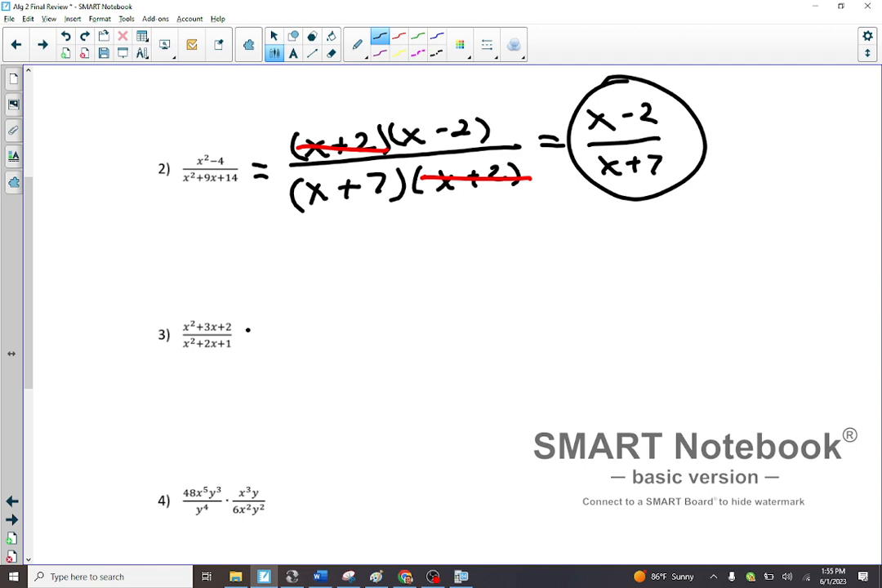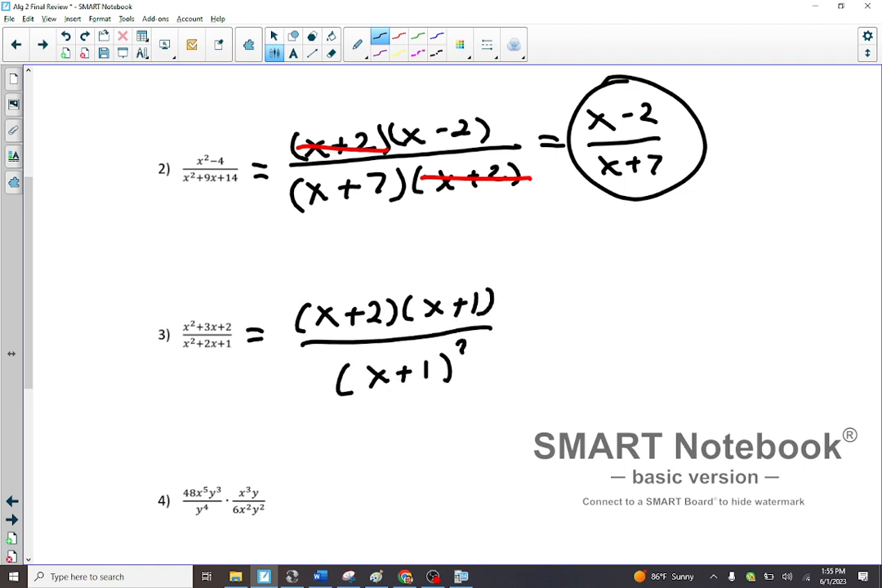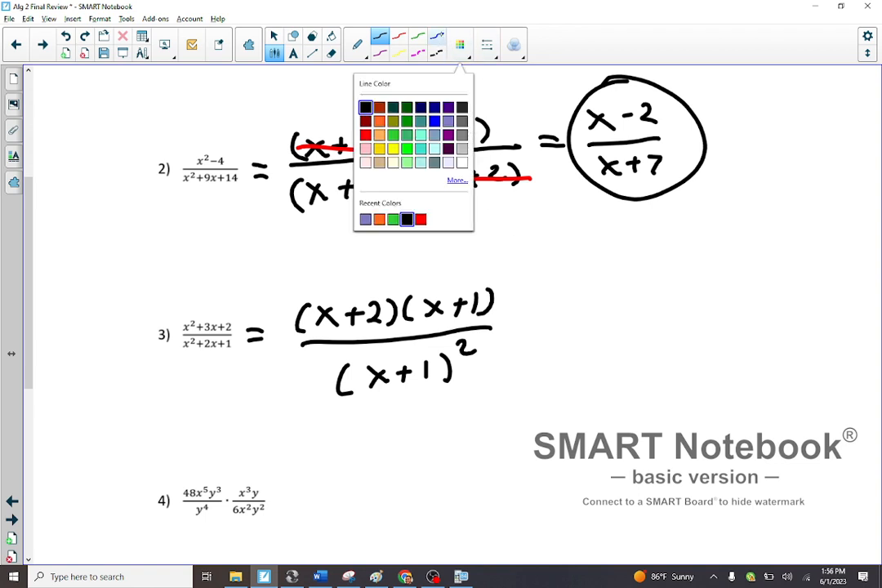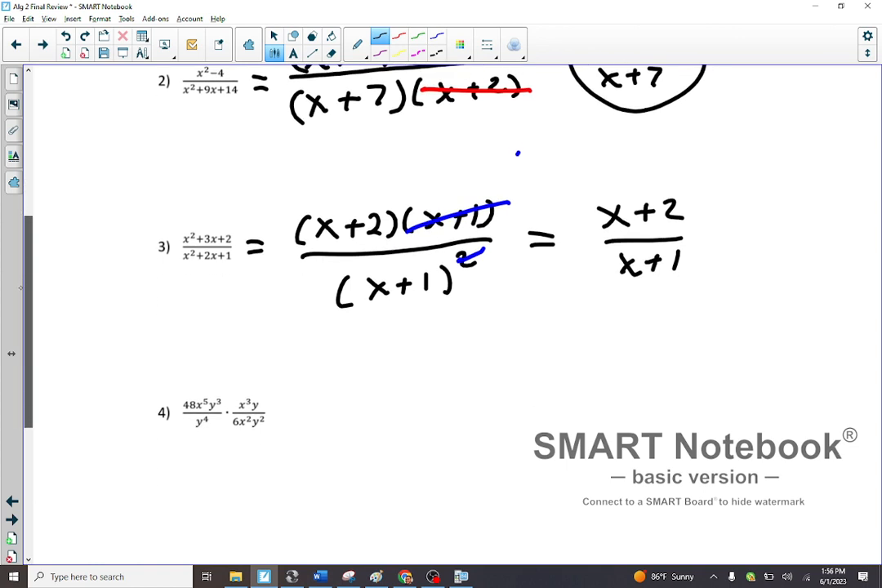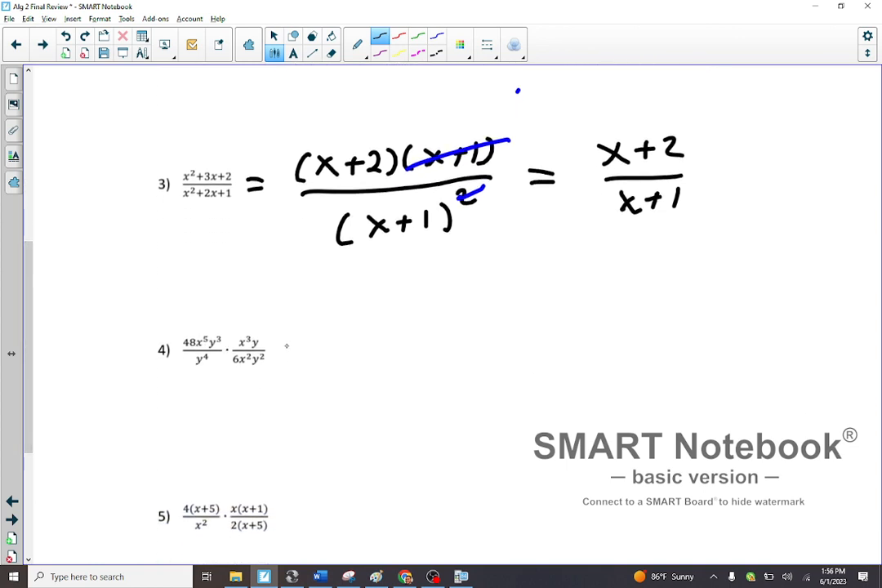This one. Guys, x plus 2, x plus 1. On the bottom, x plus 1 squared. So just like an exponent rule, you could reduce it by 1. So your answer is x plus 2 over x plus 1. I'm not going to go over factoring so much in the video because I got to keep going. This one,